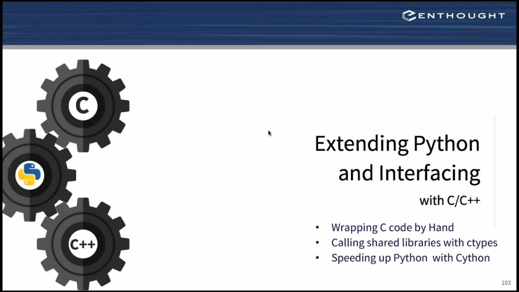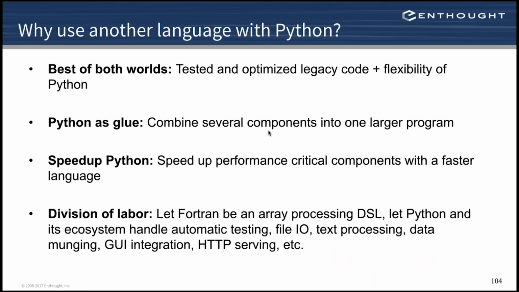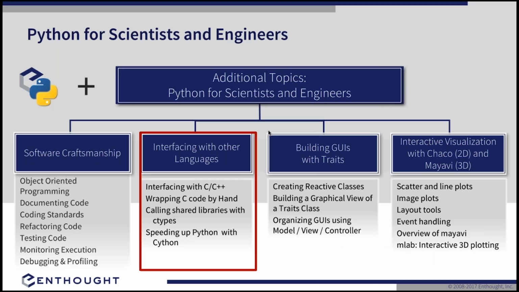So these are all different techniques, and we do wrapping C code by hand so that Python can access it, or you can create a DLL in C or C++ and then export that so that you can access the functionality in there, and then Python is for speeding stuff up. All right, so those are common use cases, and we show you some of the key technologies that Python provides